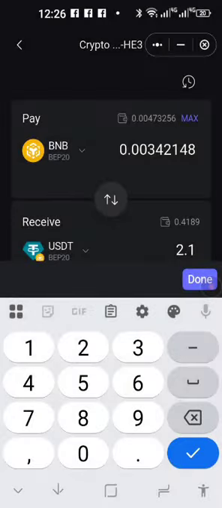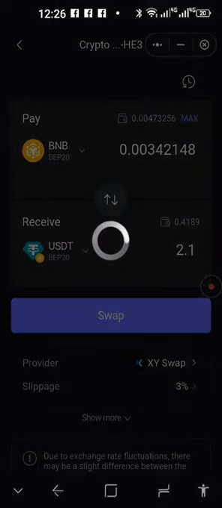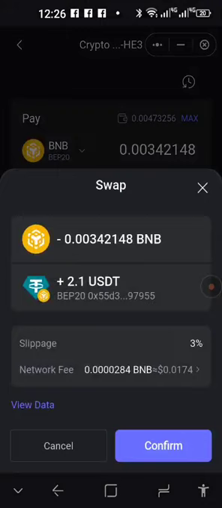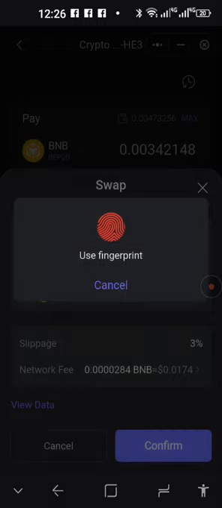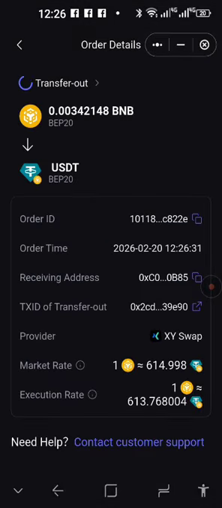Right, now I'm just going to press done, and then we're going to swap. I'm going to confirm that. Alright, this is the screen that you want to see.